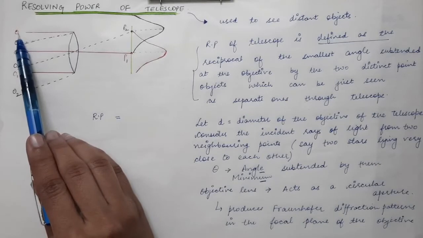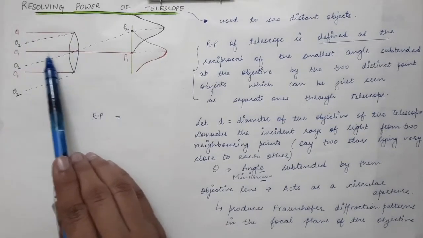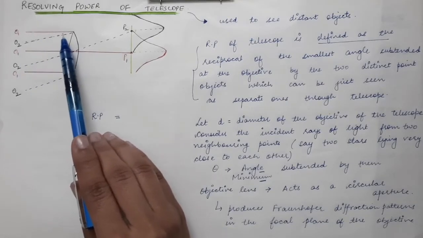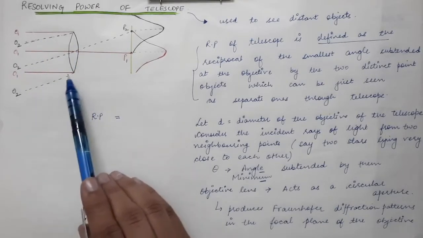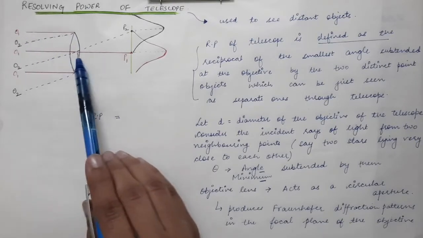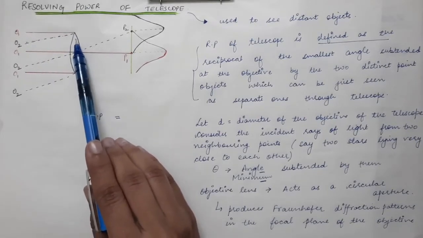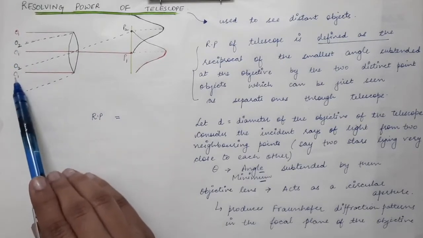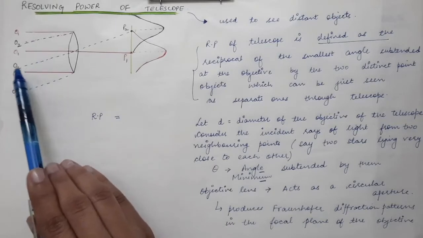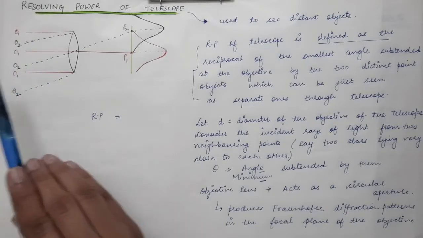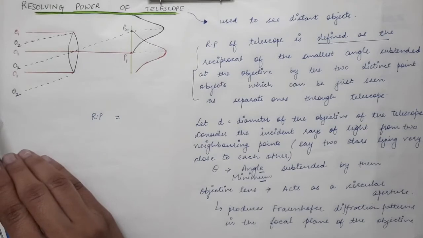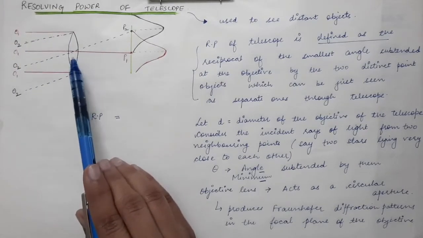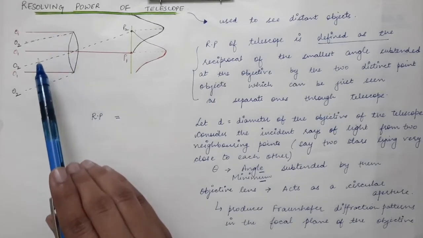And over here you can see that I have drawn the light rays which are shown by red color, and the light rays which are shown by these black dotted lines. These red lines are the light rays which are reaching the objective lens of the telescope from the object O1. So I have mentioned over here O1, O1 and O1. These are the light rays which are coming from one object O1, which is very far away from this objective lens, and therefore the light rays which are reaching the objective lens are exactly parallel to each other.